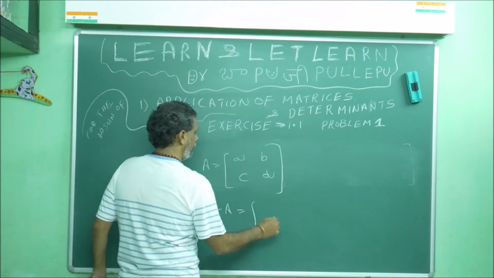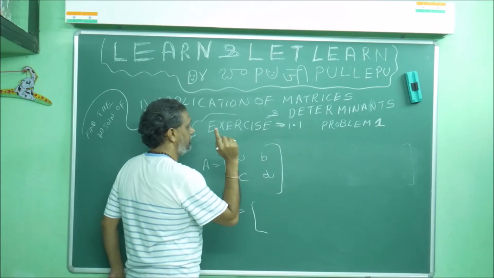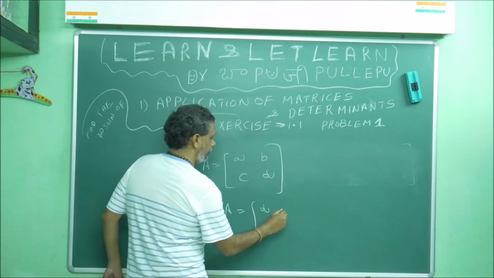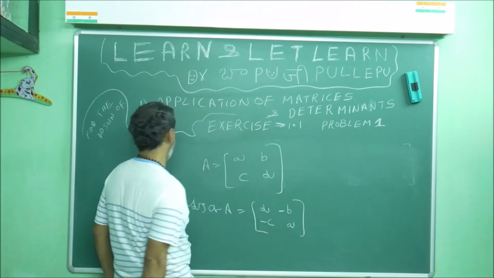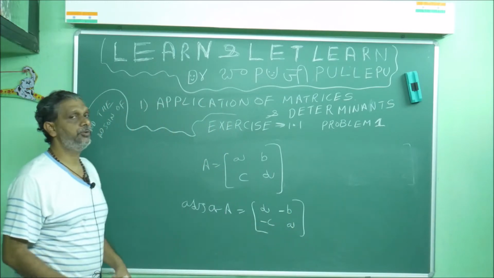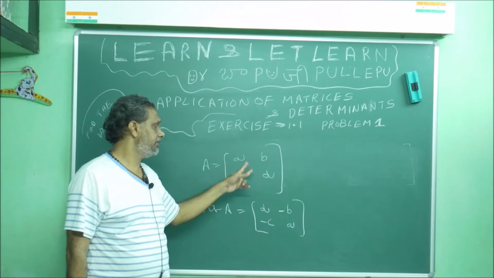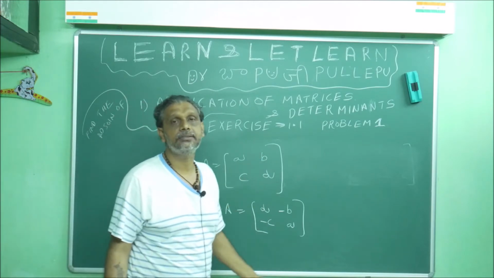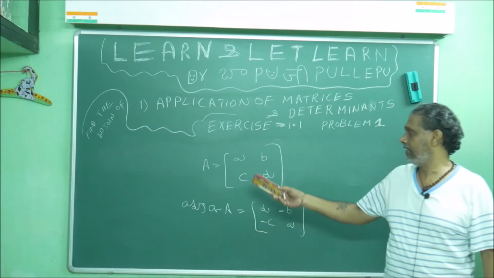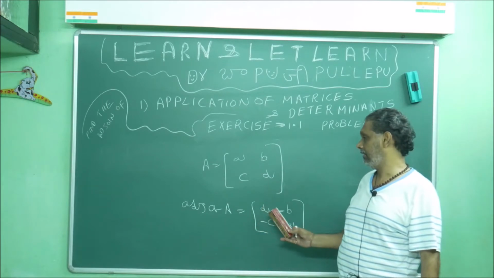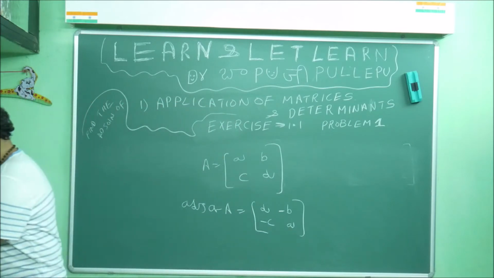Adjoint of A: you can interchange a and d, and you give minus to the other two. So I will write d here, then minus b, minus c, a. Got it? That's all. For a 2 by 2 matrix you don't need to remember much of a formula: interchange the two principal diagonal elements and give minus to the remaining two. The job is over. Remember, are you okay? If A is a, b, c, d, then adjoint of A is d, minus b, minus c, a. Now let us see our problem.